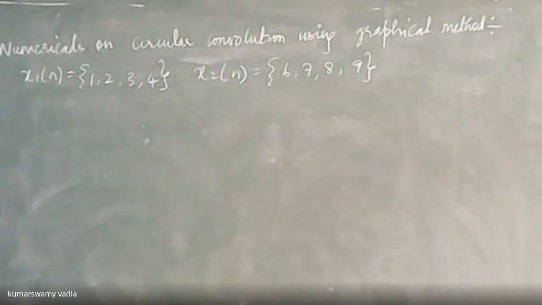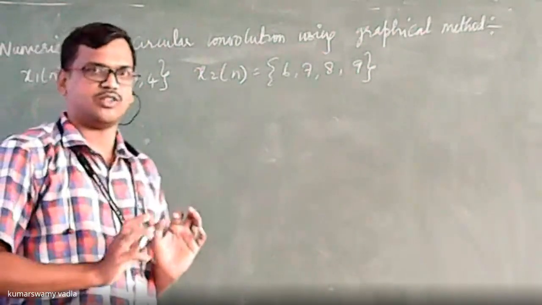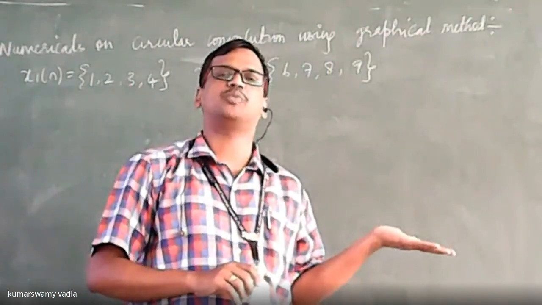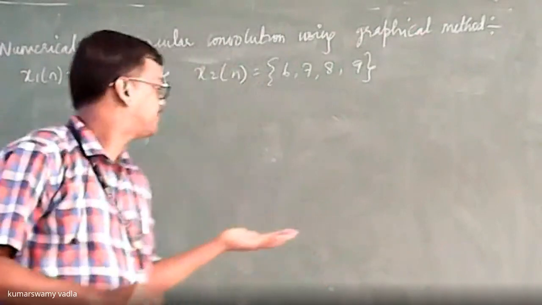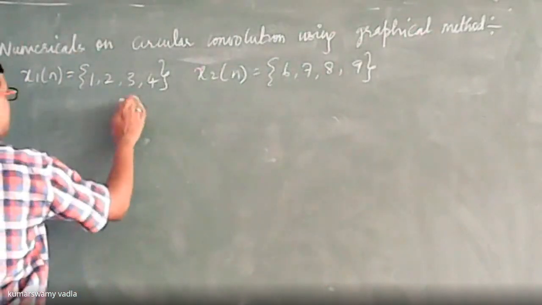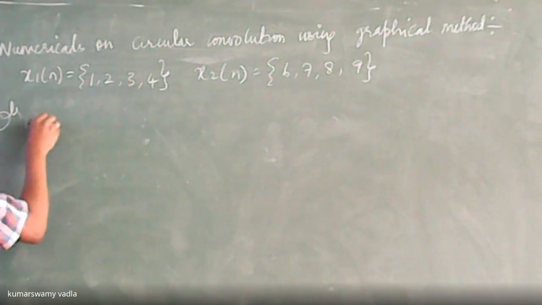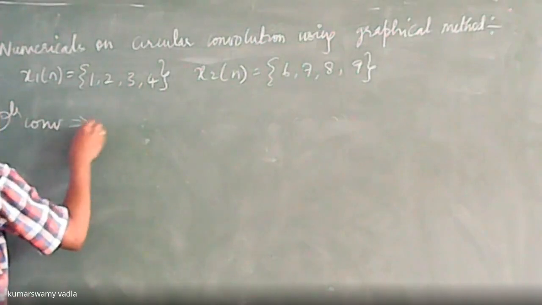Friends, please concentrate on the board. This is quite complex when compared to the previous two procedures which you have learned. Now, first write down the question. So, what is it that you require? You should find out circular convolution, which is nothing but